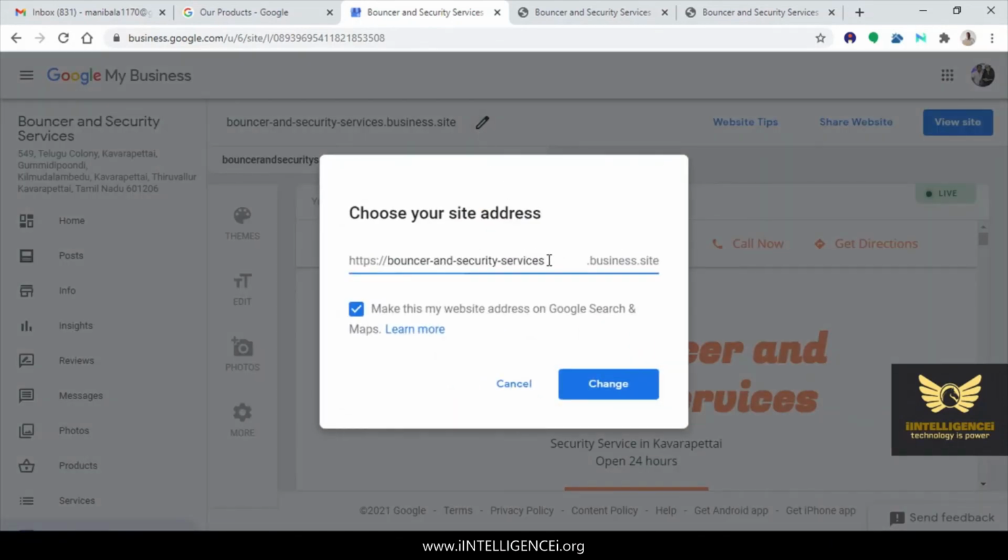Right, here we can change the name of the Bouncer and Security Services, because the name is actually Prime Bouncer. Right, so we will do one thing, we'll put Prime Bouncer.